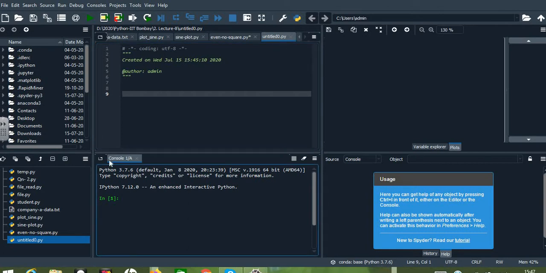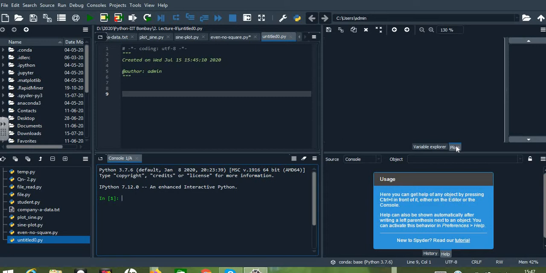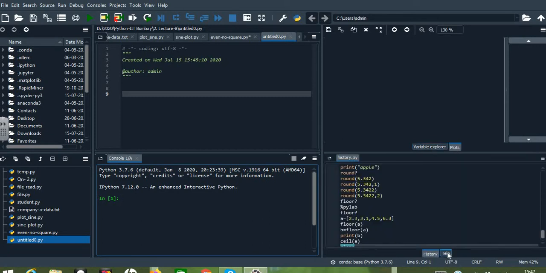Here we have the console window where we can see the outputs, and on the right hand side we have a window for the variable explorer, and if we have any plots or graphs we can view them here. And at the bottom we have the history or help option. So this is the general setup we have in our Python.